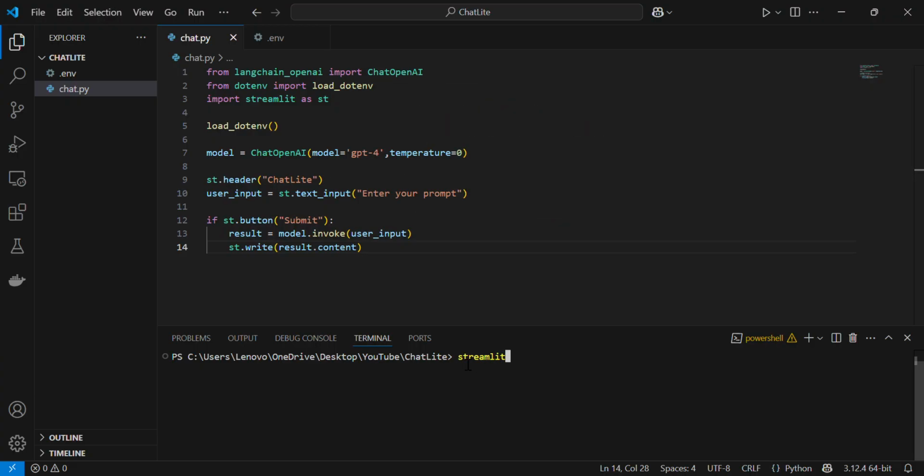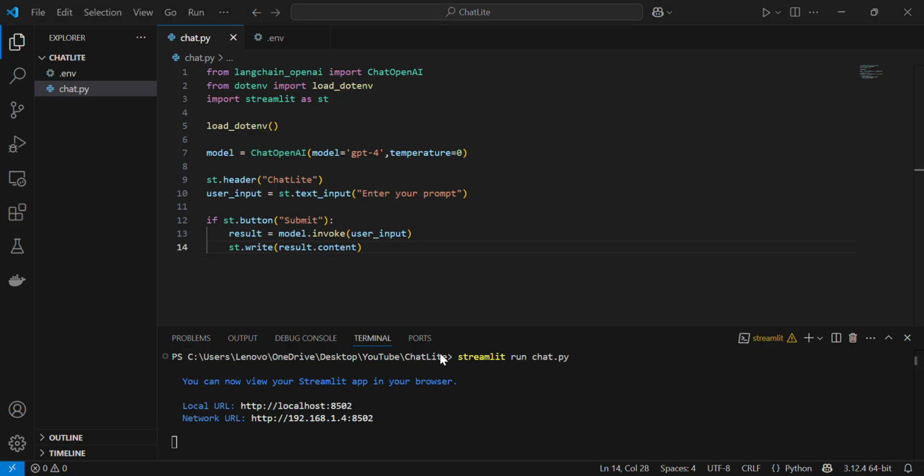We just have to run this. So streamlit run, and the name of the file is chat.py. Once we run it, if everything is fine, we should get the link, and I think we are directly brought to this Streamlit page, which we just have created. So we can simply write some prompt like, write a poem on AI, and once we submit,